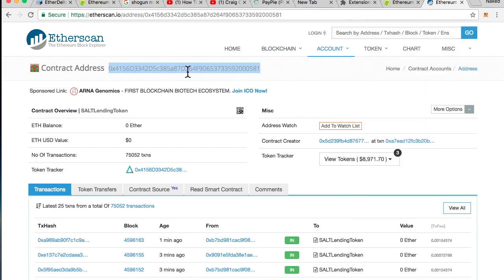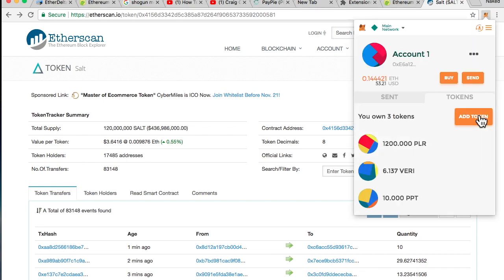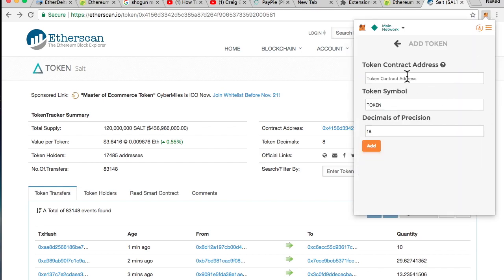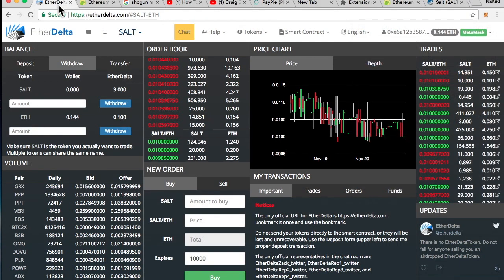If you want to double check, see, it's 8 decimals, and it populates all on its own once you add the contract address. See, populated sort, populated 8 decimals, click add. So now it's added. Now we want to withdraw 3